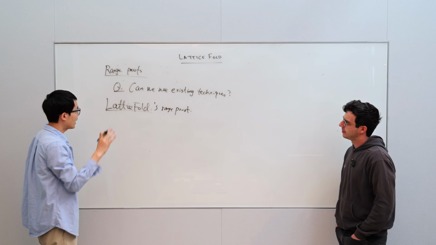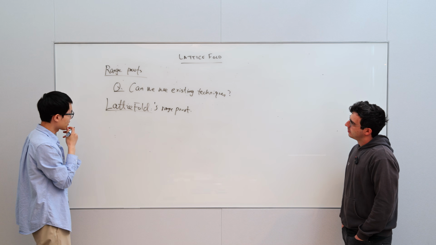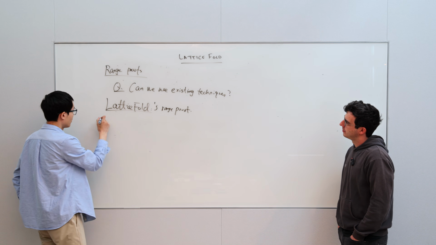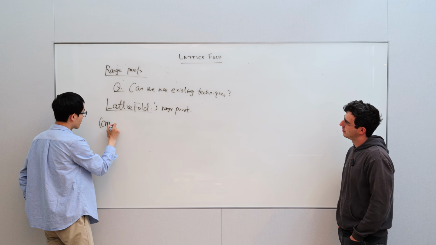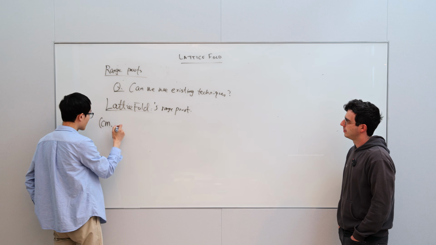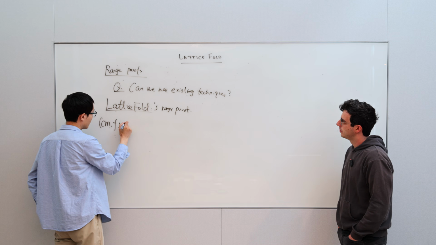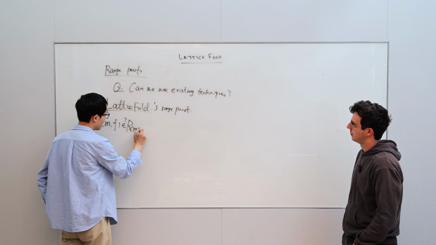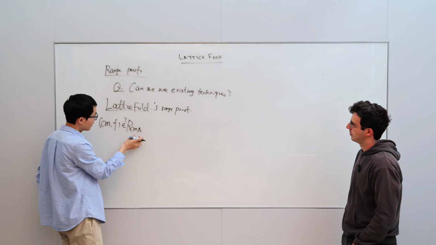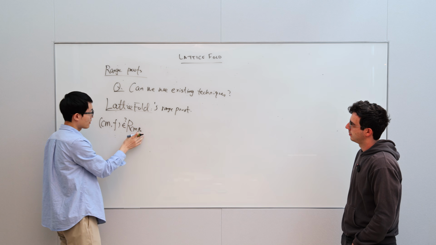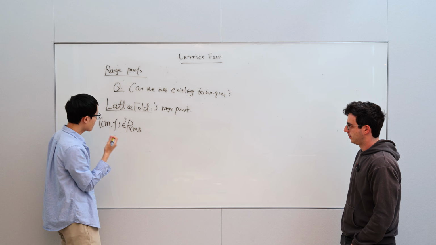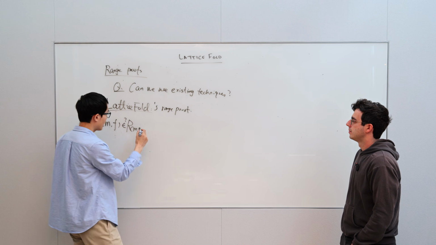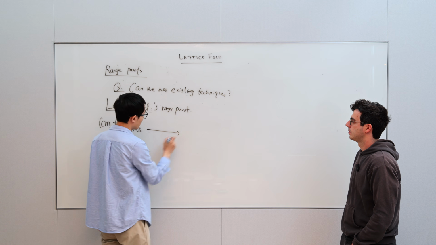So at a very high level, our goal is the following. We start with some statements. We do have some strict norm range checks in the statements, such as our definition of RCMB. In this statement, we have a strict check that the norm of f is lower than B. And our goal is to come up with a protocol such that, after this protocol, we can reduce these statements